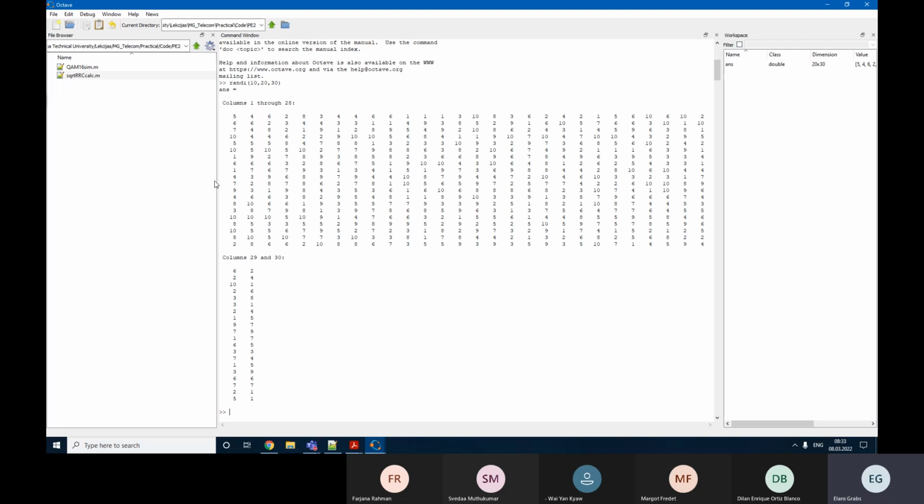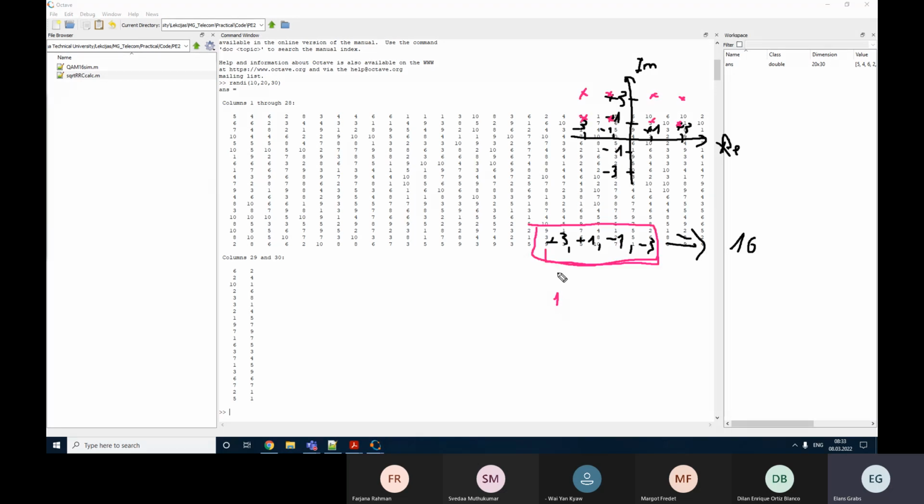If we look here, we only have 4 possible values, and we need to map these symbols so that, for example, 1 is converted into plus 3, 2 is converted into plus 1, 3 is converted into minus 1, and 4 is converted into minus 3. So there are multiple ways to do so. We can find some mathematical coefficients to calculate these symbols. For example,